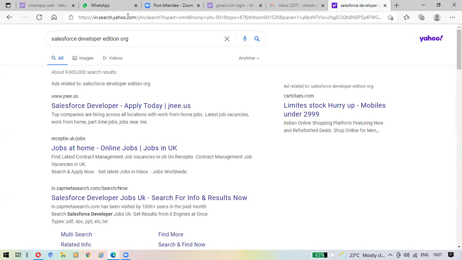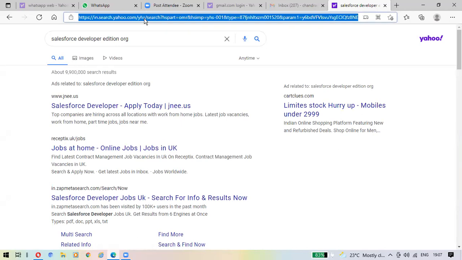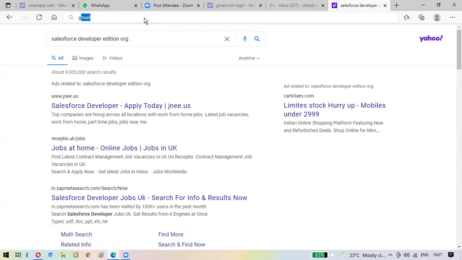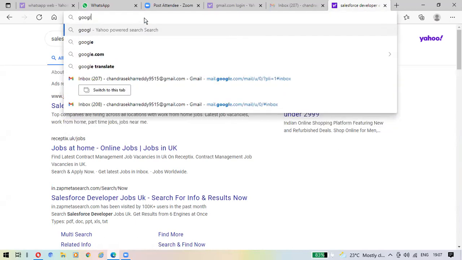No, just type google.com in the search bar. www.google.com.